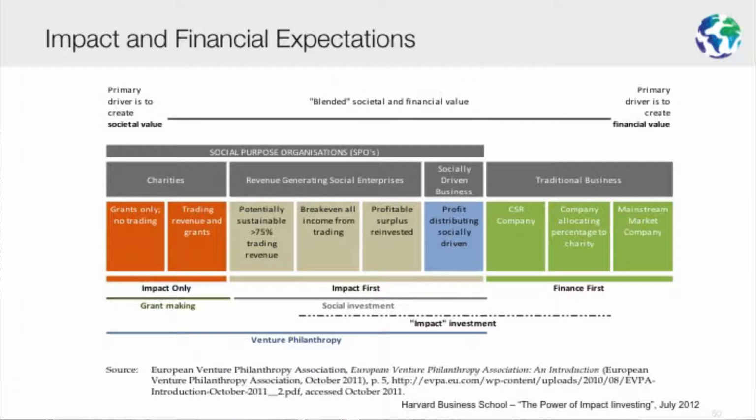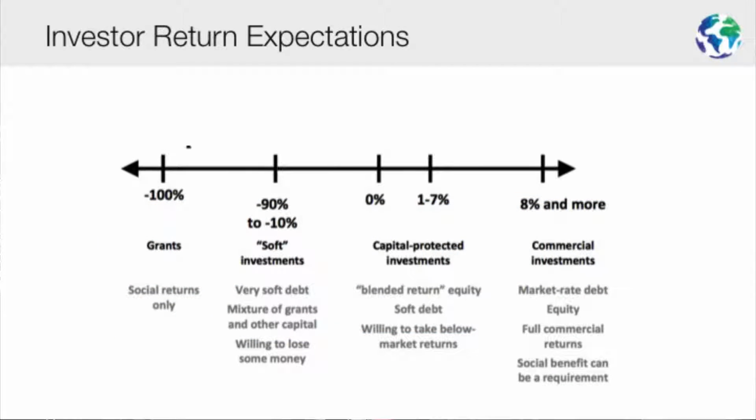What I've added to this slide is the next slide, and that is with the same spectrum in mind, you can see that grant makers usually are looking at somewhere between 100% total loss of their invested capital to some grant makers who are willing to see some of their capital come back. Maybe it's after everyone else gets paid out in a blended financing, or perhaps they just earmark that they get 70% of their grant capital or 100% return on capital so that they can reinvest it in what we would call an evergreen kind of investment.